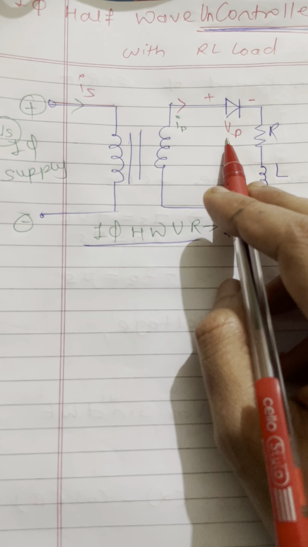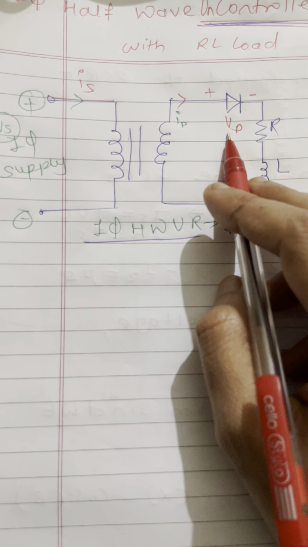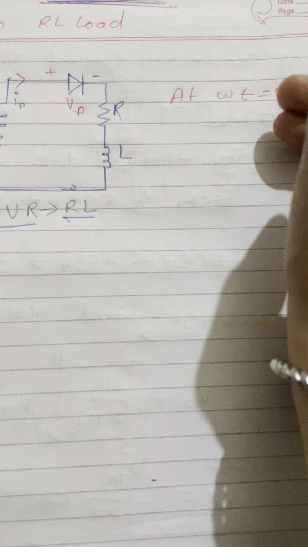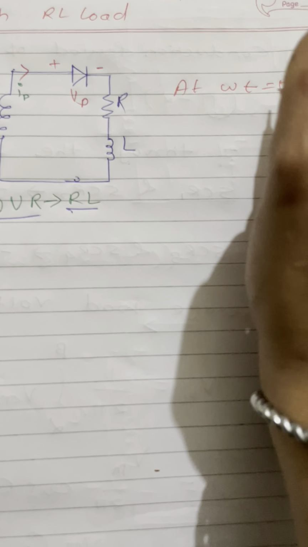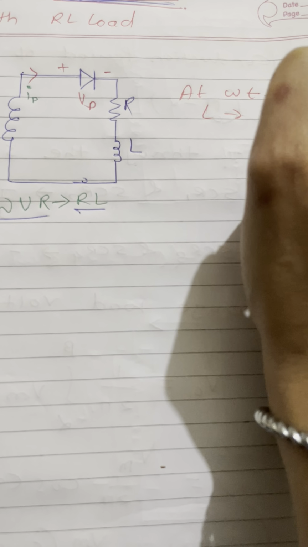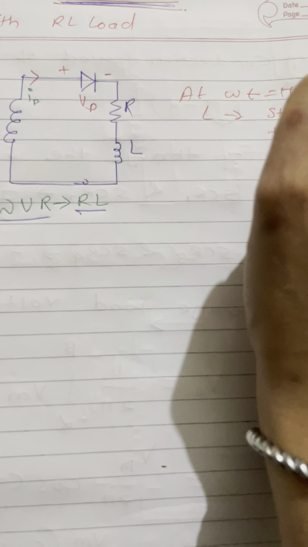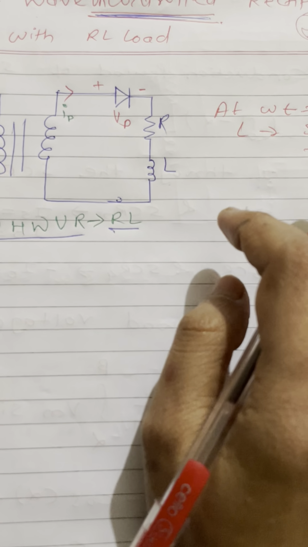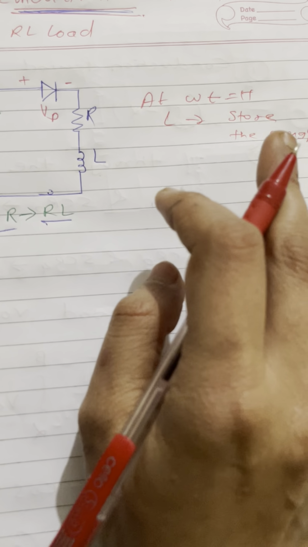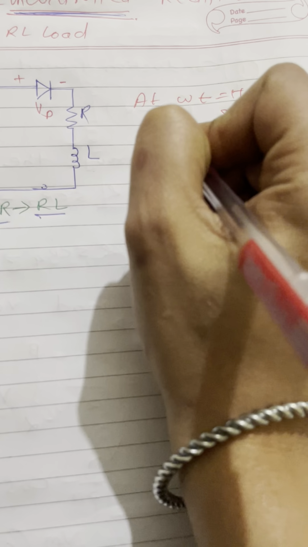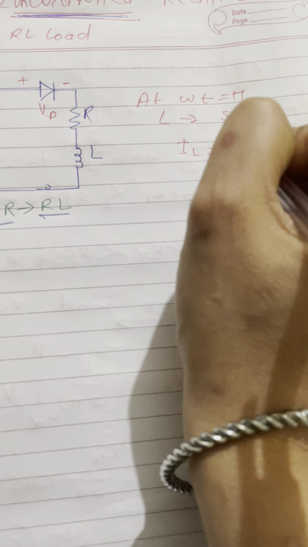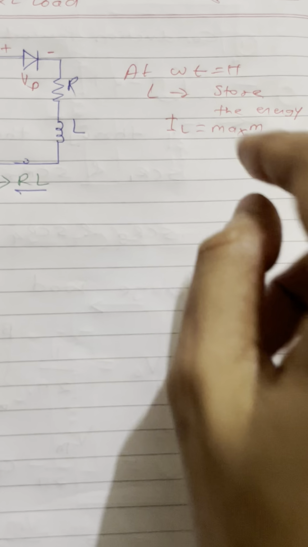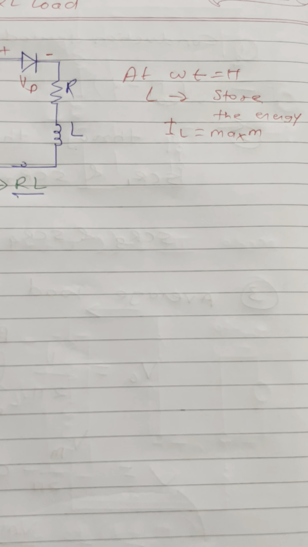At omega t equals pi, the inductance stores the energy and approaches saturation, so that the load current is maximum, IL equals maximum. At omega t equals pi, the supply voltage